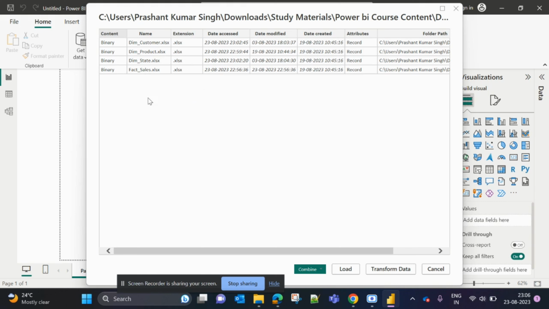It's not like all the Excel files have the same data. Of course they depend on each other, but actually all the data is not similar or the same. So I'll click on Transform Data. If you click on Load, you will lose the possibility to open the Power Query editor and transform the data